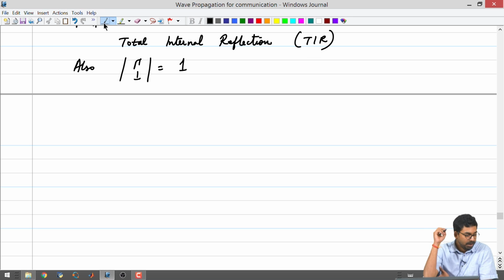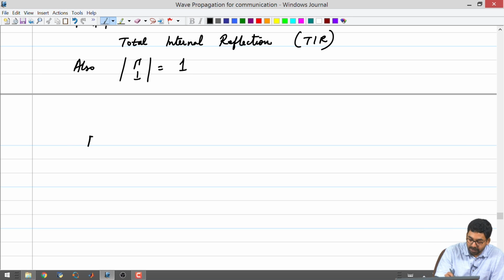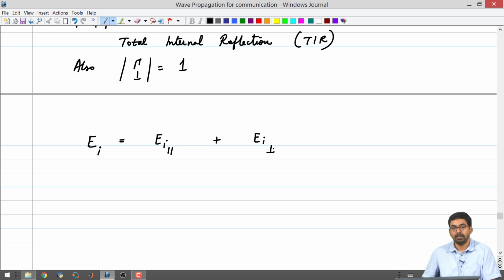Okay. The first thing that we will do is we will say that any electric field, with respect to this plane of incidence, can be divided into EI parallel and some EI perpendicular. Now, in the case of EM waves, when we had begun this and we were talking about the differences between EM waves and transmission lines, we were talking about polarization, and then we talked about linear polarization, circular polarization and elliptical polarization. Okay.